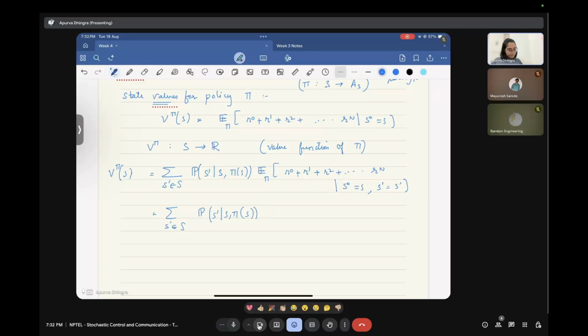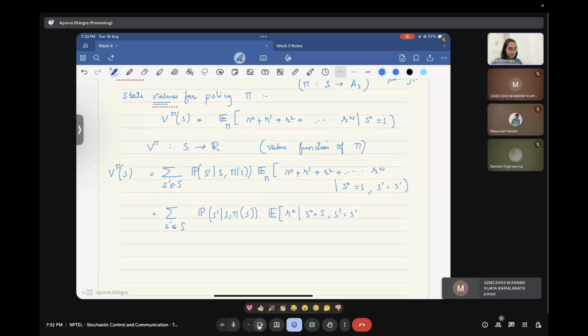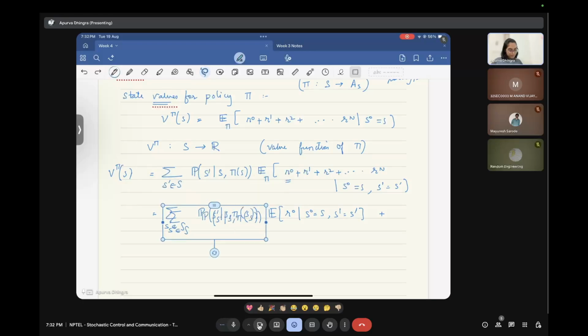Let me just split this, let me write it like this. This is S1. I'm saying this is the same as some S dash. Okay. This is just the first pass. This is using the linearity of expectation, nothing more than that. Then the other term would be